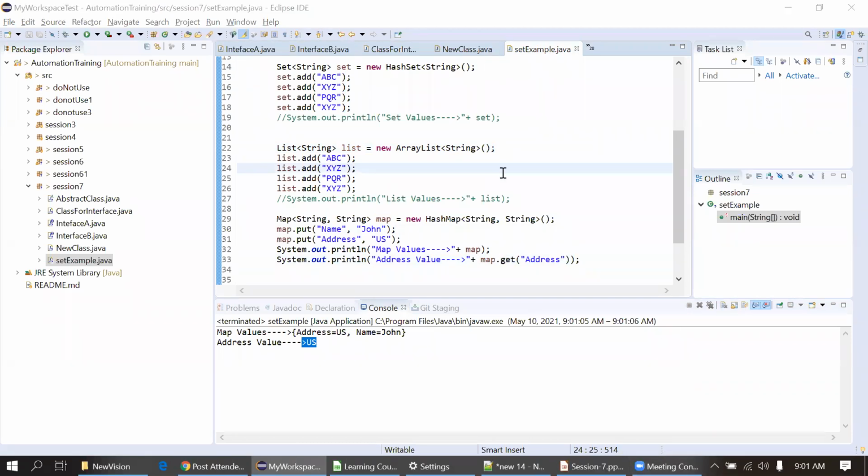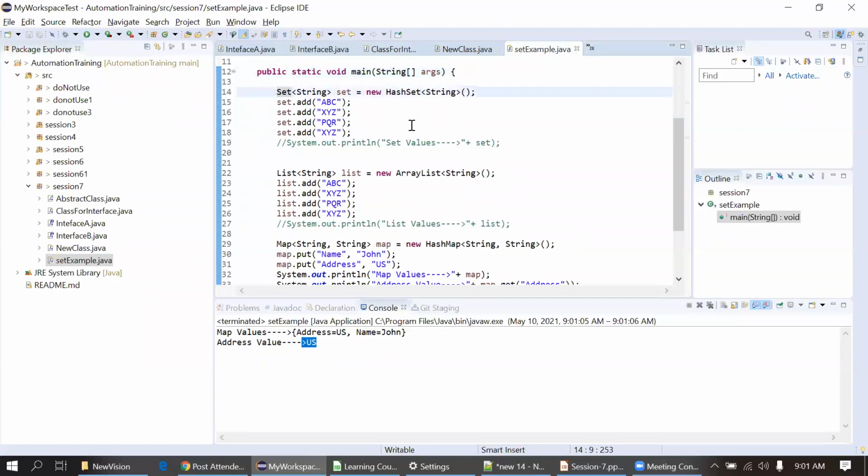Yeah, I think got some question. Yes, okay. So unordered and duplicates. Shum, can you just explain again what you are telling about? He was talking about set, Yogesh. Yeah, okay, set. Okay, fine.